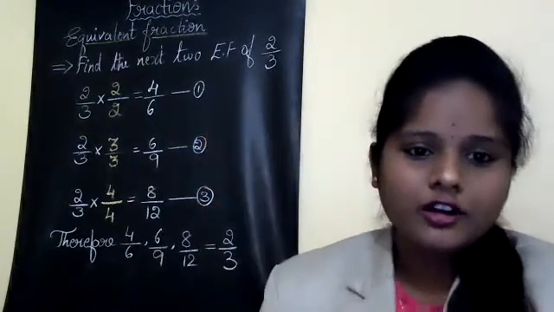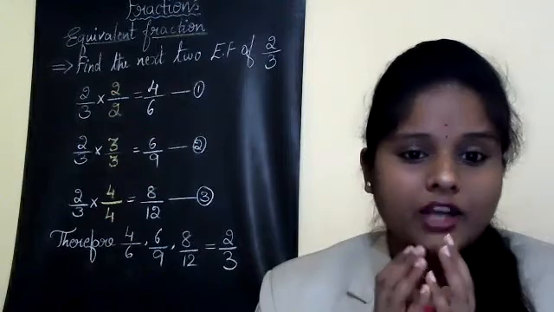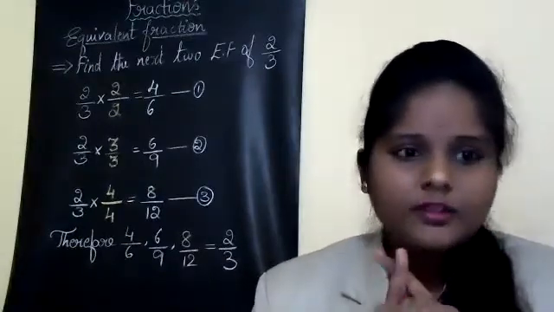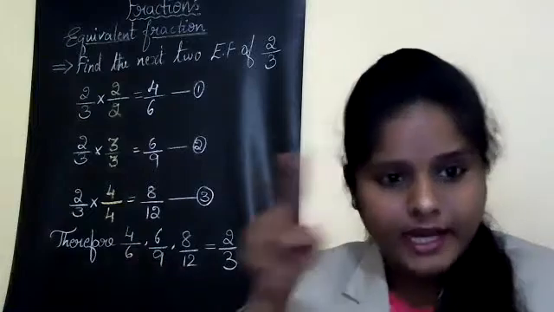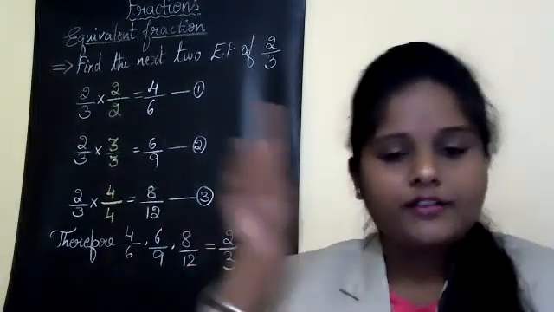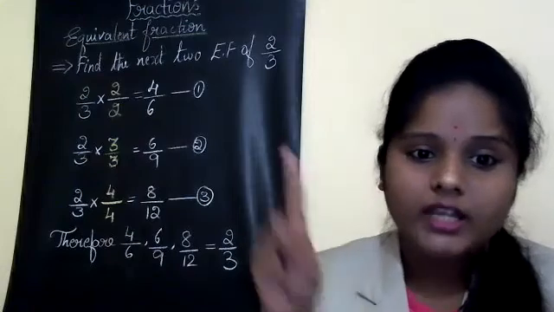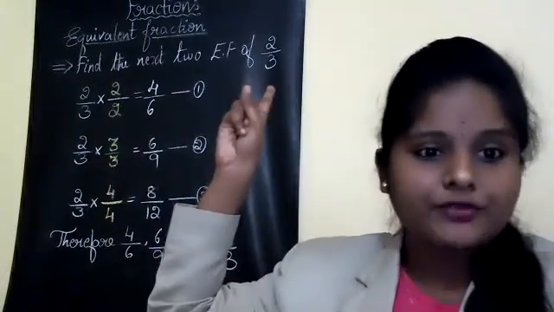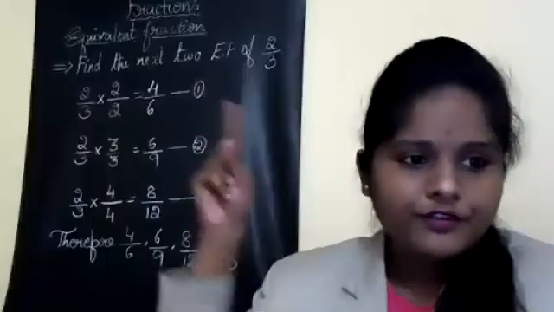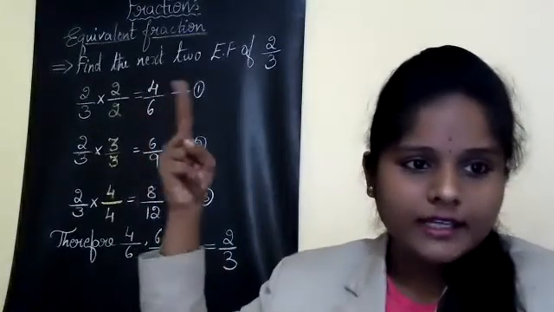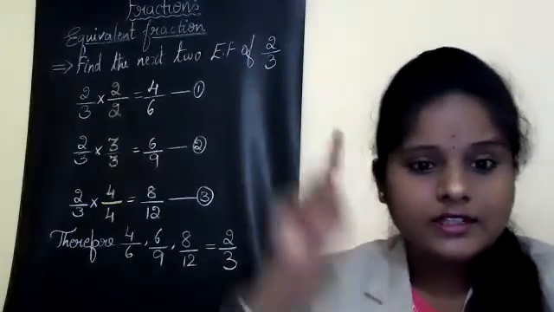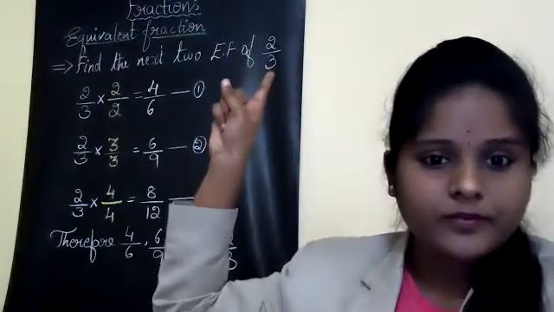So what we should do? First we should multiply the fraction by 2. We are not going to use 0 over there. Why? Because if we multiply by 0, we will get both the answers as 0 itself. So it is not allowed. And we are not going to multiply by 1. If we multiply by 1, we will get the same fraction. So what we should do? We should start it with 2. First we will multiply 2 for the given fraction and obtain a fraction that will be the first equivalent fraction for the question.